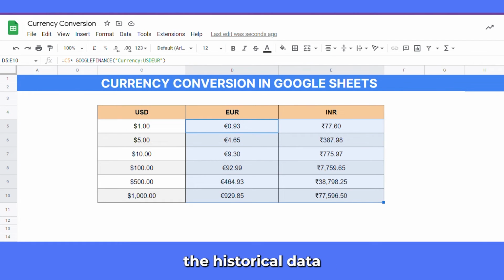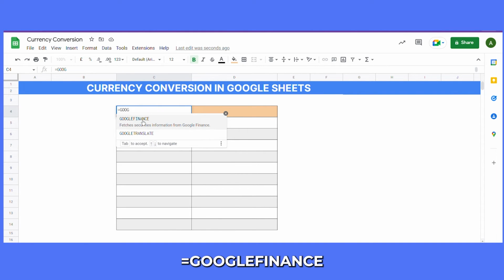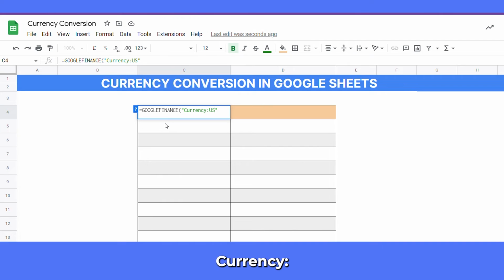Now you can also get the historical data for exchange rates. Let's see how to do that. Write equals GOOGLEFINANCE. Under quotations write currency colon USD-EUR comma. Under quotations give the attribute price